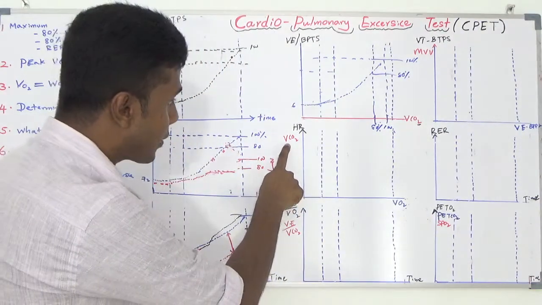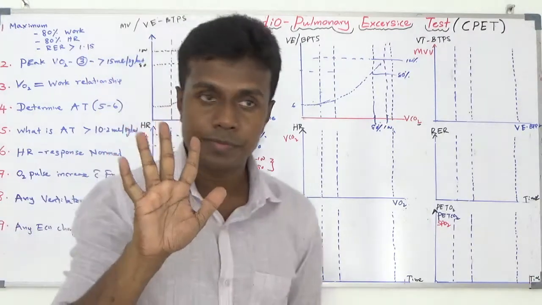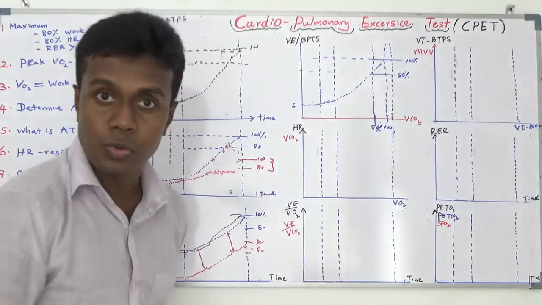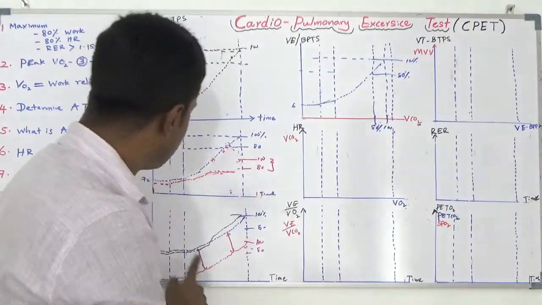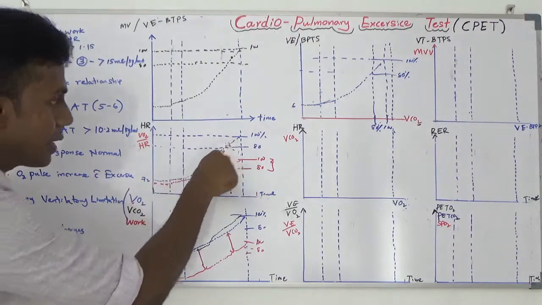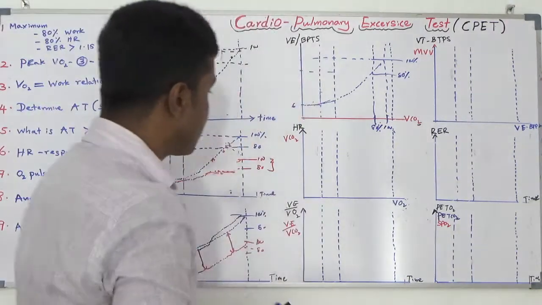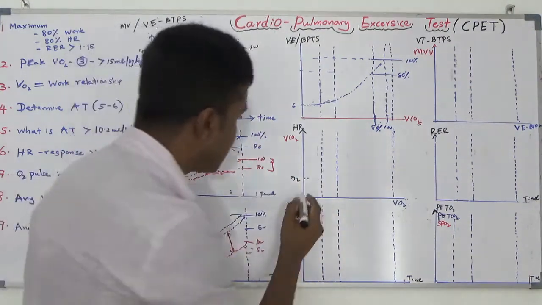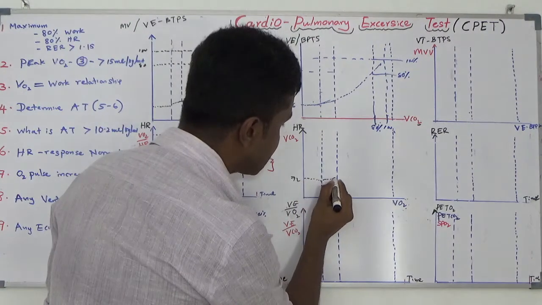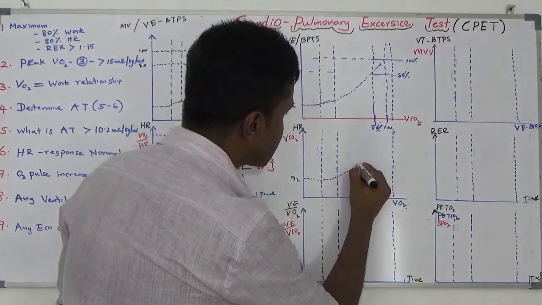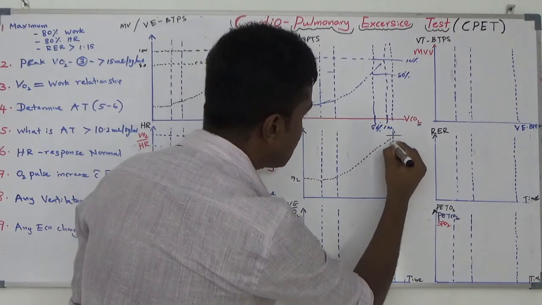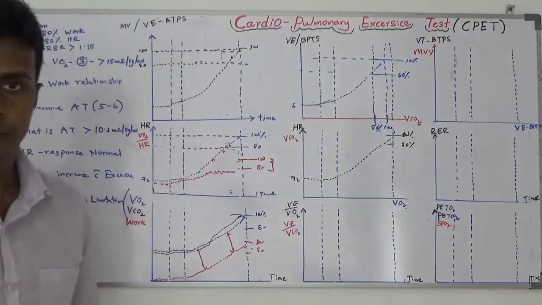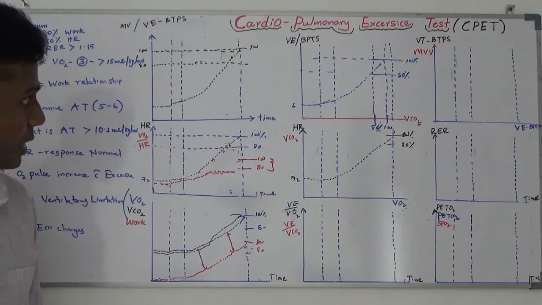Then we are coming to heart rate, or curve number 5. Curve number 5 contains here heart rate, here VCO2, here VO2. Heart rate, we all know, started with 72 and goes to 80 to 100% of normal value. It started here at 72. During the unloaded exercise, again a little bit of increase. Then during the loaded exercise, it goes up. It is going to the 80 to 100% normal range.